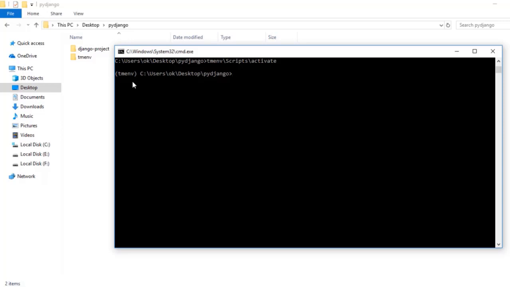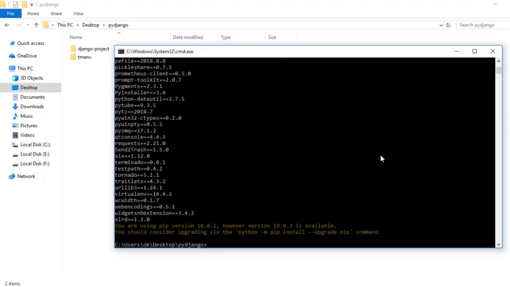Now if I do pip freeze to check all the packages that are already installed, you would see nothing. That means it is an isolated environment and we need to install everything from the base. You see, I haven't got any package. That means there is no package installed, so it is completely empty. So currently we are in isolation mode. To deactivate this, all you have to do is use the deactivate command. Now we are back in our normal mode. So if I do pip freeze now, you can see the difference.